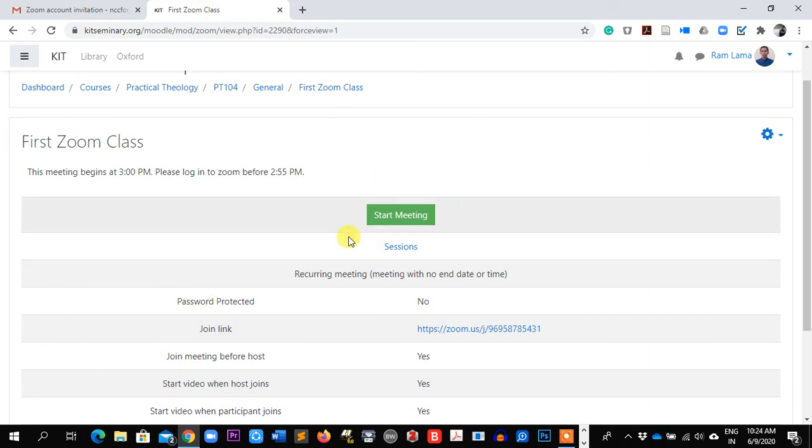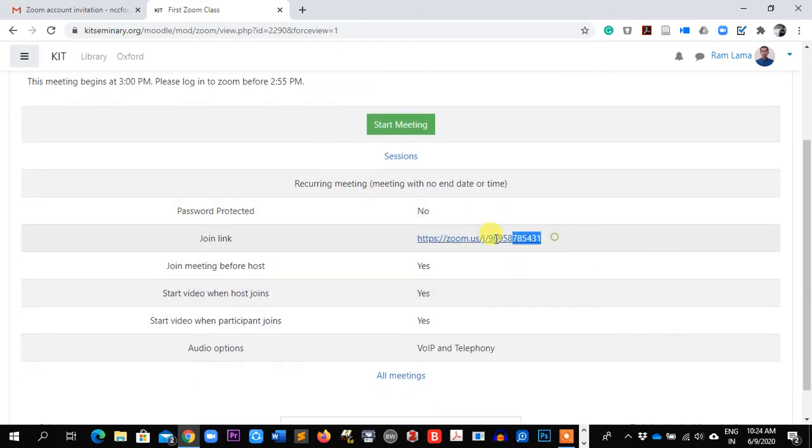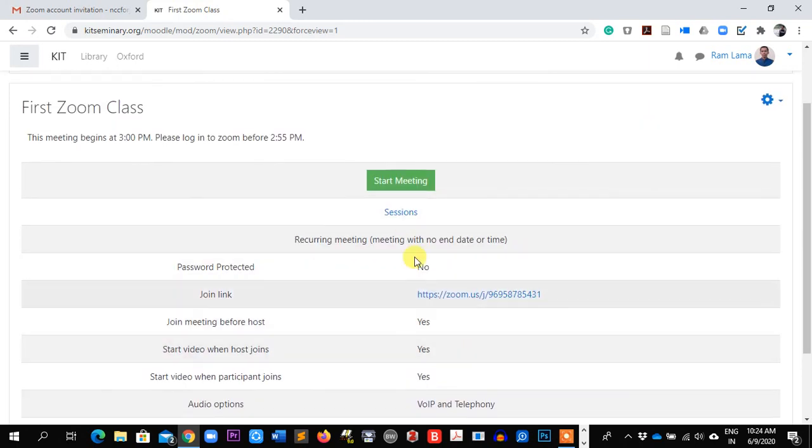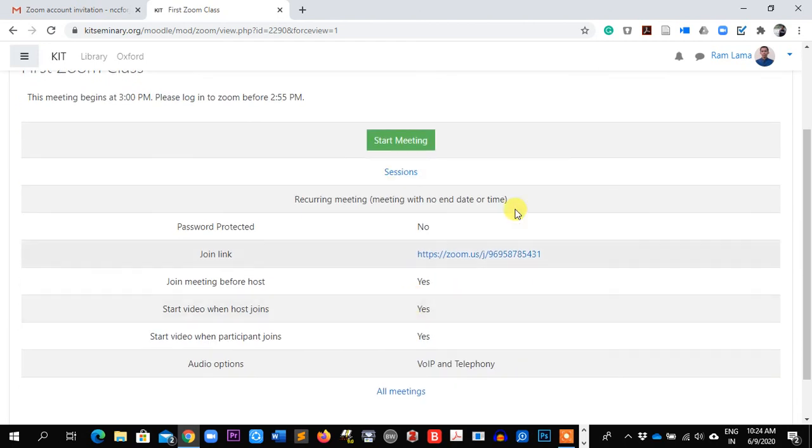Once the time comes, like 3 o'clock or earlier, the teacher can start and the student can join. Or again we can send this link to the student, but I prefer we don't send them this one, because they have to come to Moodle and work on that. Otherwise, they will be dependent on the link. They won't come to Moodle, so they have to come here and join the meeting.